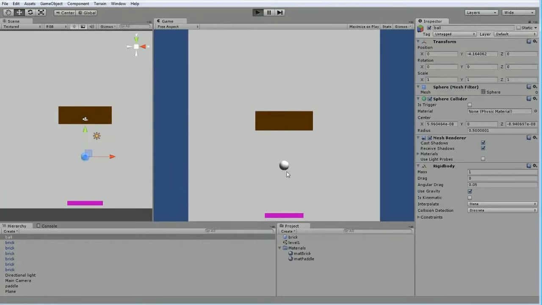The first thing we noticed, probably when you hit play, this ball, there's not really any bounce to it, and we really need